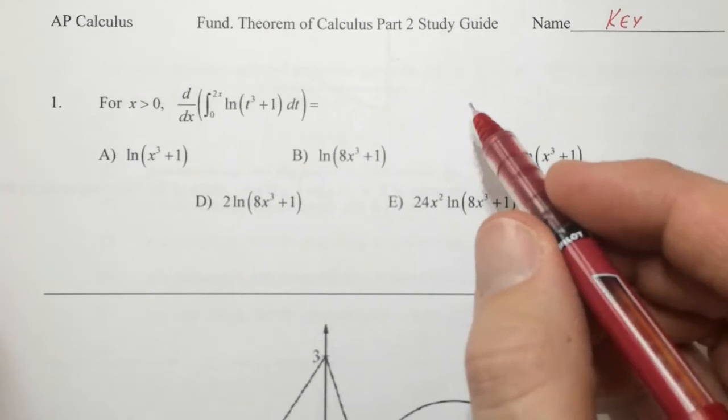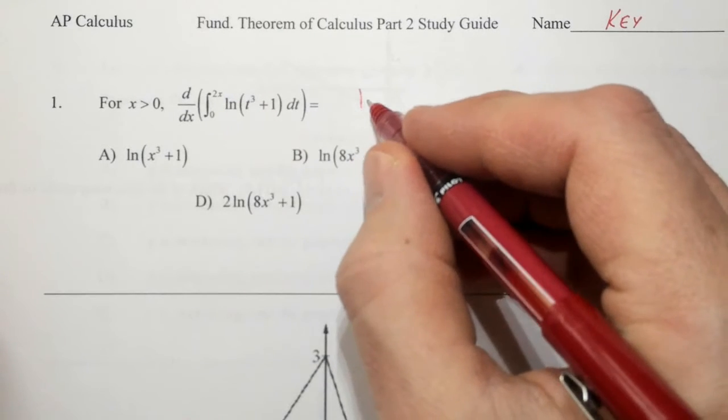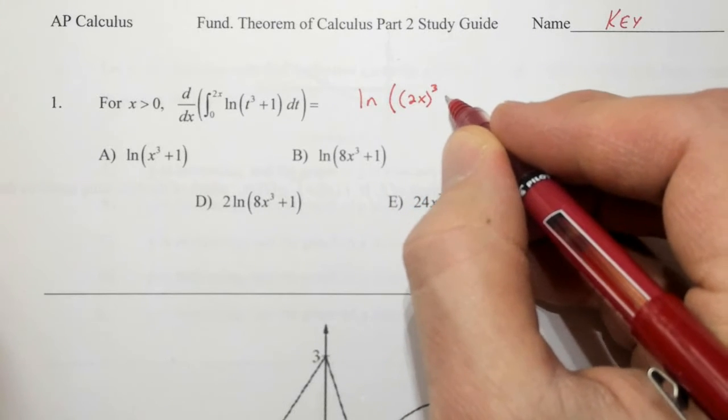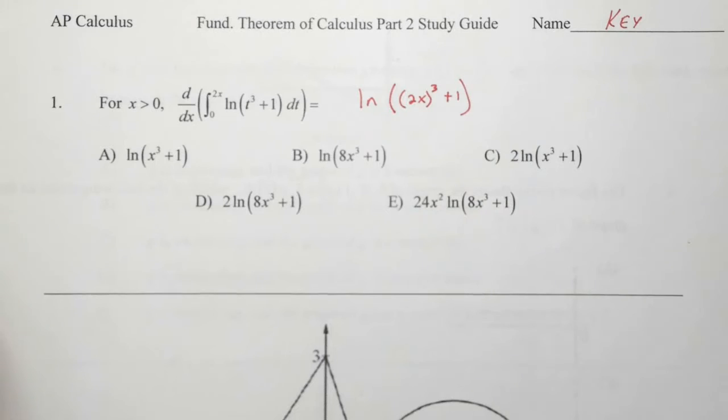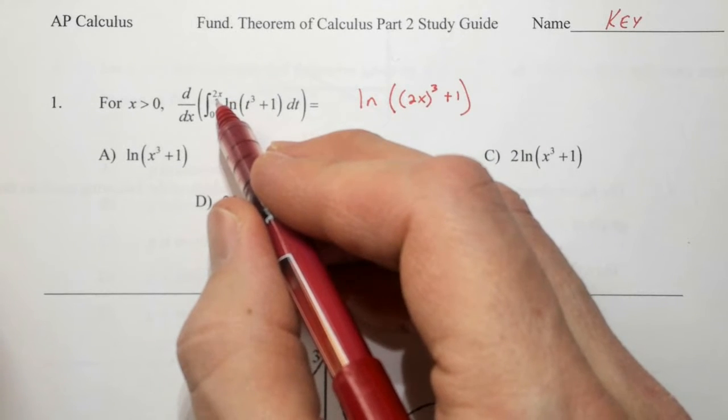So, we're using our Fundamental Theorem of Calculus. We know we're going to replace t with 2x. So we have the natural log of the quantity, and then we're going to have the quantity 2x being cubed plus 1. Keep in mind that because we have an inner function of 2x, we are doing the chain rule,